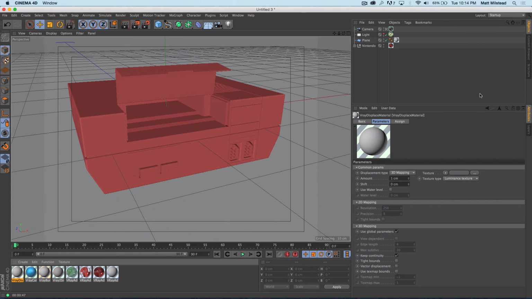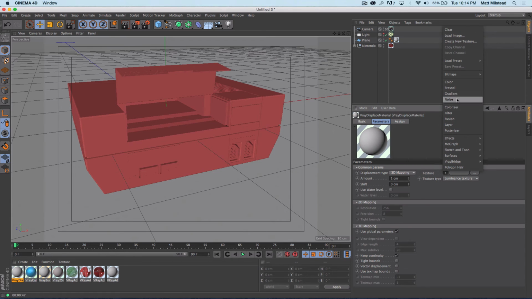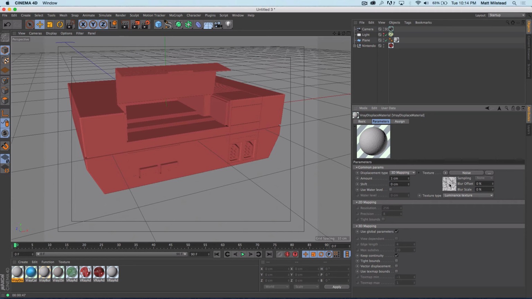Displacement material. If you're creating a displacement map, you can go in here and put your texture into the texture part, and you can say how much you want it to displace. For example, about 3 inches here, and you can click 2D mapping or 3D mapping, and depending on which one you choose, you'll be able to change the different options in here. 2D mapping allows you to change the resolution. You could do 2000. Precision, I believe, is how detailed it is. And then tight bounds,